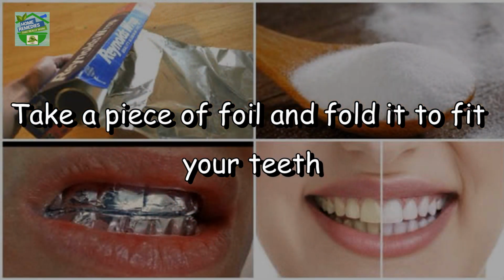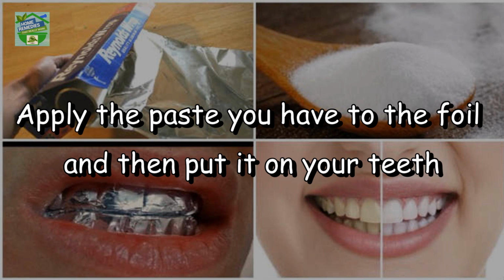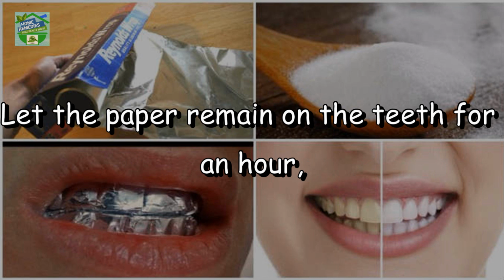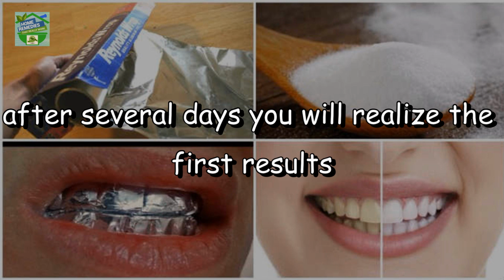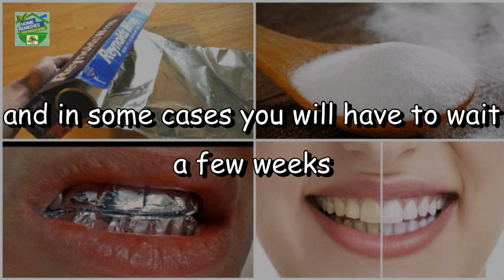Take a piece of foil and fold it to fit your teeth. Apply the paste you have to the foil and then put it on your teeth. Let the foil remain on the teeth for an hour. If you want to get faster and better results, repeat this procedure twice a day for a period of 7 days only. After several days, you will realize the first results, and in some cases, you will have to wait